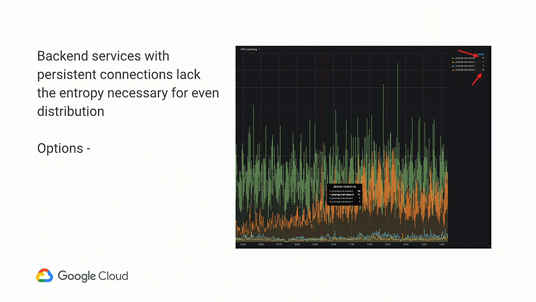So we decided to think about what happens if we scale out. If we scaled out, we would be able to create more entropy, right? Because the tuples would have more entropy, therefore the load would be more distributed. But over time, it will eventually lean against one or two pods anyway. So that wasn't really a solution.